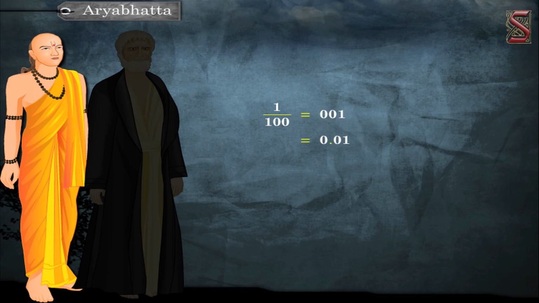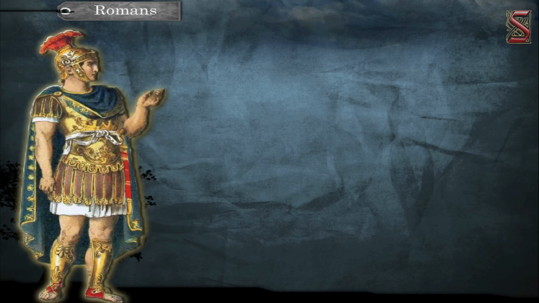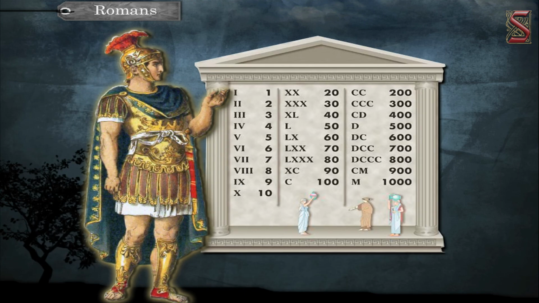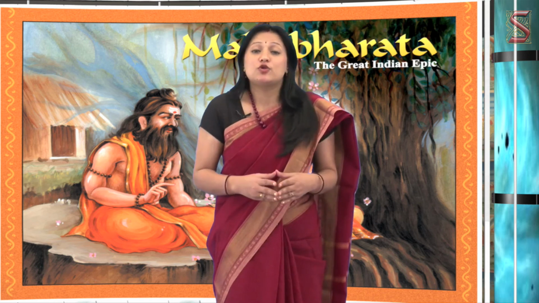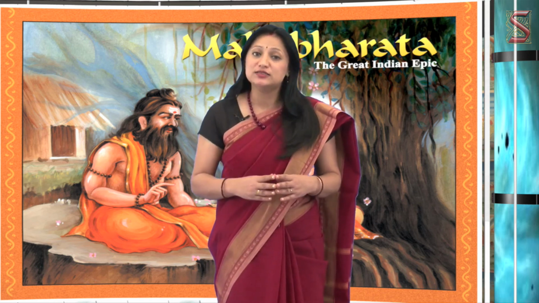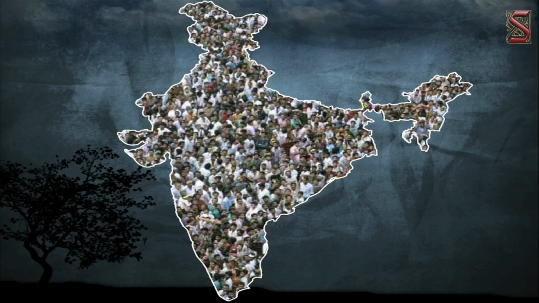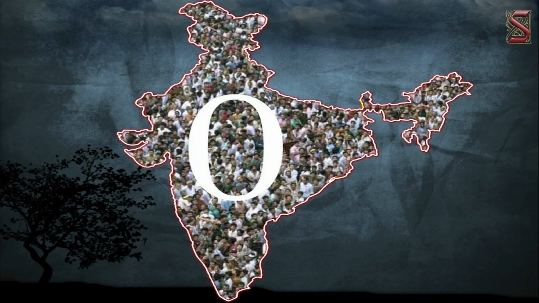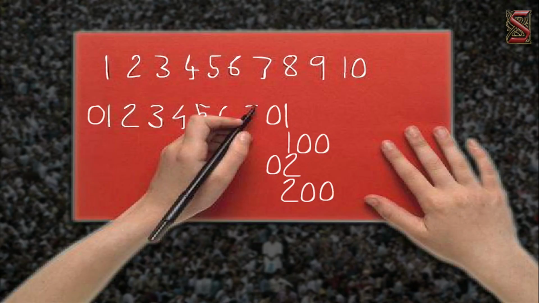The Romans in the earlier days wrote the numbers in Roman numerals with the help of alphabets. Well, can you believe that these people did not know zero and hence did not use it? As the Romans did not use zero, it created problems in additions and other calculations. Once the zero was discovered by the Indians, it became easy for the people to write numbers that has been adopted throughout the world.